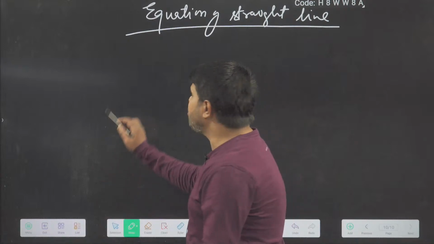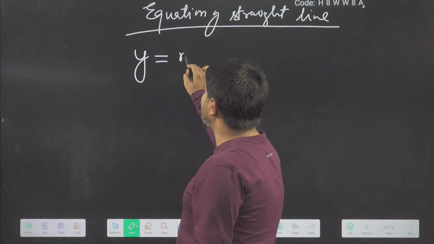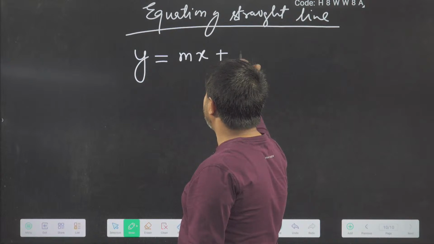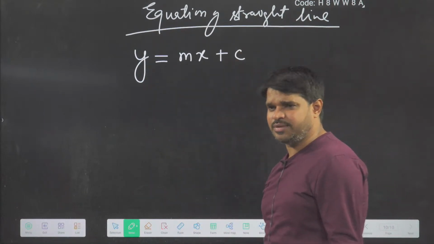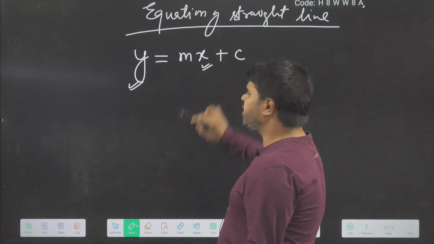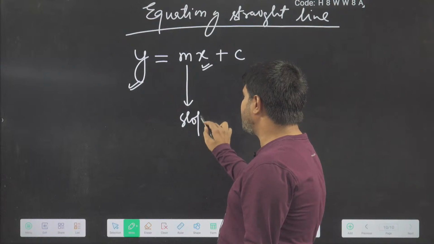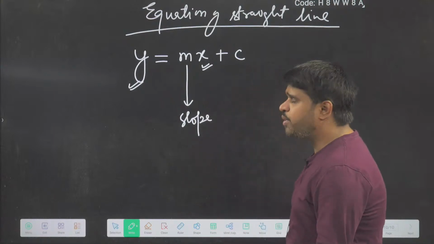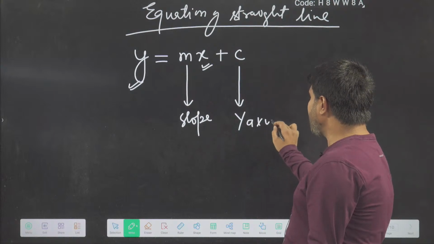The equation we are going to use is y equals mx plus c. Here y means the y variable, x means the x variable. Here m means slope. And c means y-axis